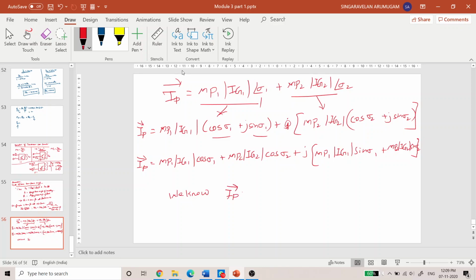We know that if IP is equal to A plus iB, then we can write the IP magnitude. If I take the magnitude, I will get the modulus, the root of A square plus B square. Or again, if I take the square of this IP modulus, then I will get A square plus B square. So like this I will get. Similarly, if I take the modulus of this and square it, then I will get